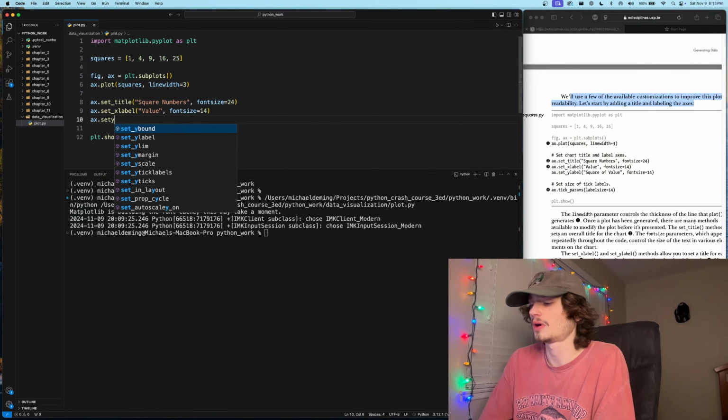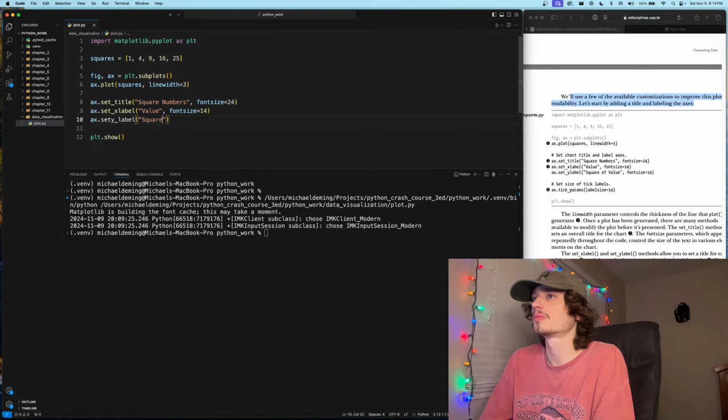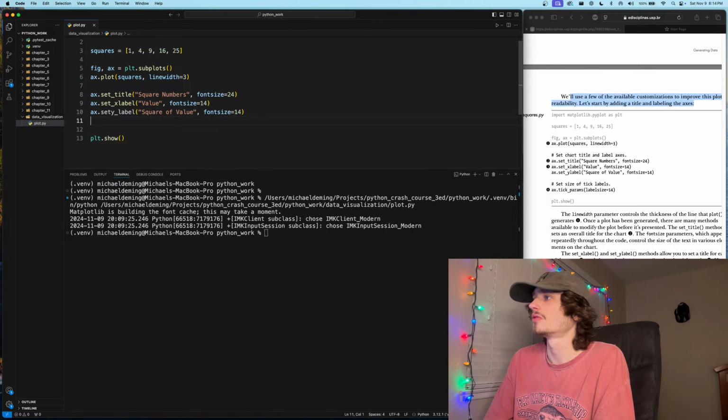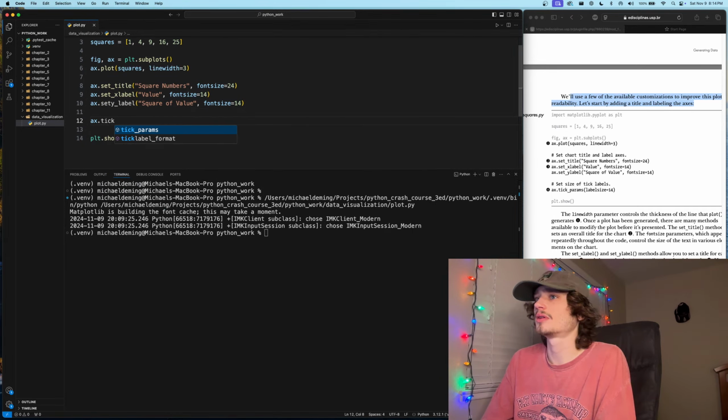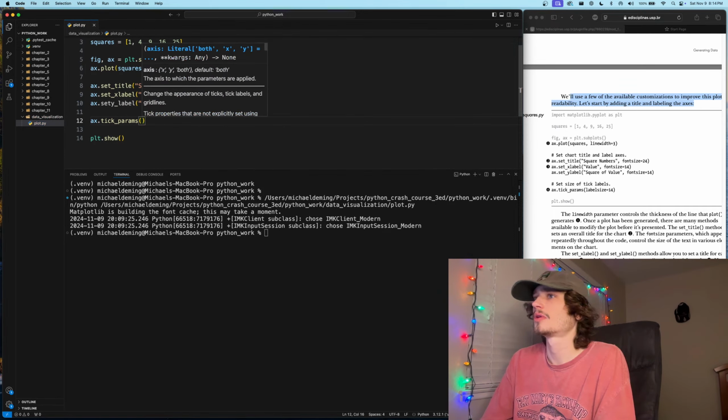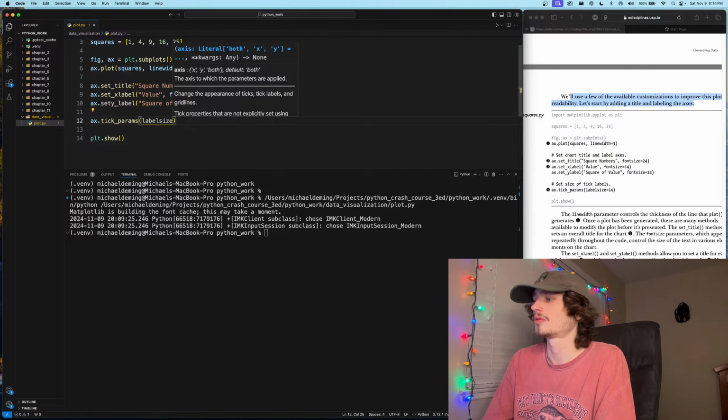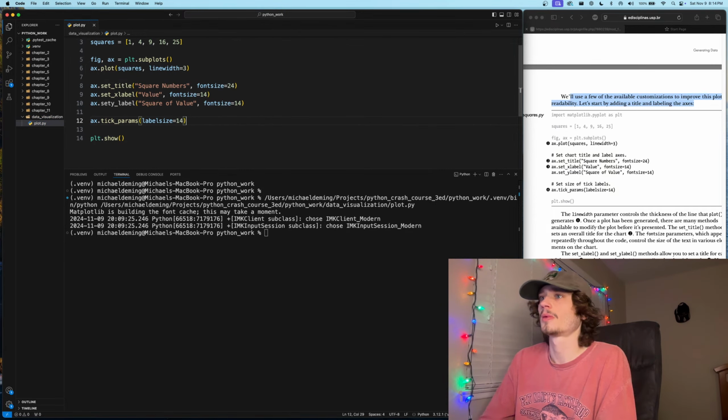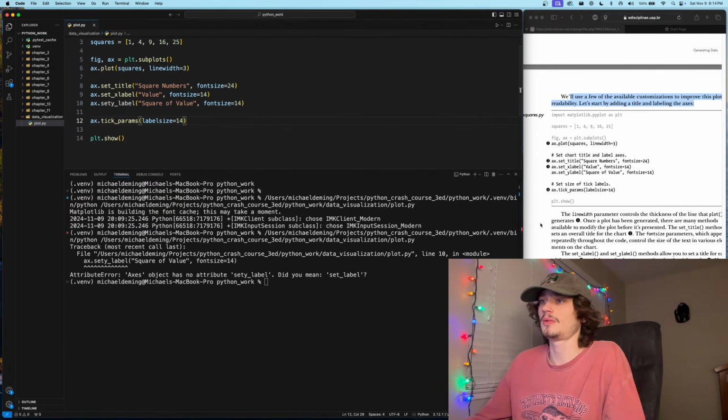X.set_ylabel, square of value, font_size equals 14 for this guy as well. So ax.tick_params, labelsize equals 14. So now if we run this code,